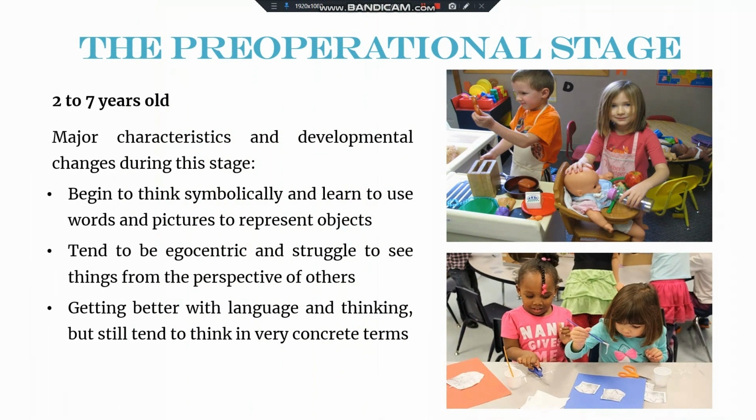For example, if you see a child draw and you ask them, what is that? They will say, oh, this is my mother, this is my father. Even if it doesn't look like a human, for them it is the representation of the object that they have already perceived or they believe. Next is mental imagery, another key behavior of the pre-operational stage.